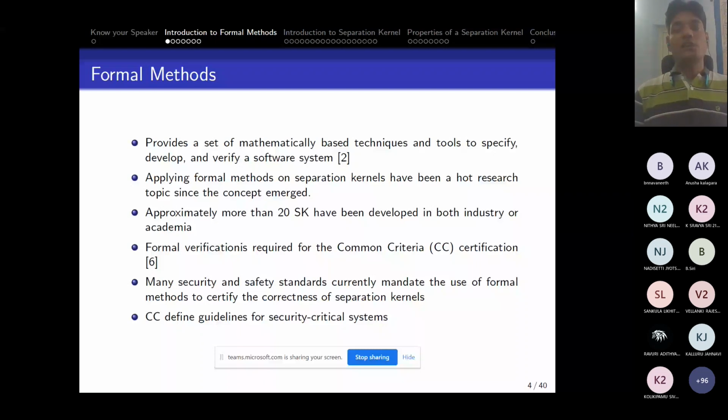So let's say if I talk about any of the safety critical systems, first of all, we'll try to understand what a safety critical system is. Any software system which involves human lives is known as a safety critical system. Or any software which involves huge financial impact is also known as a safety critical system.